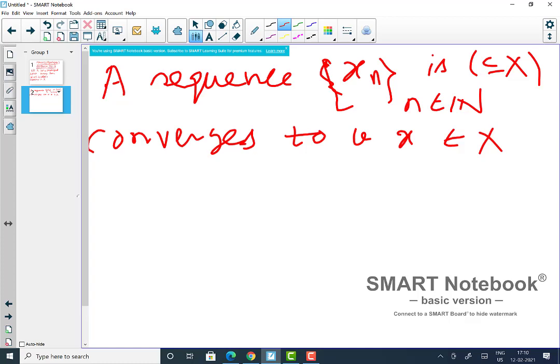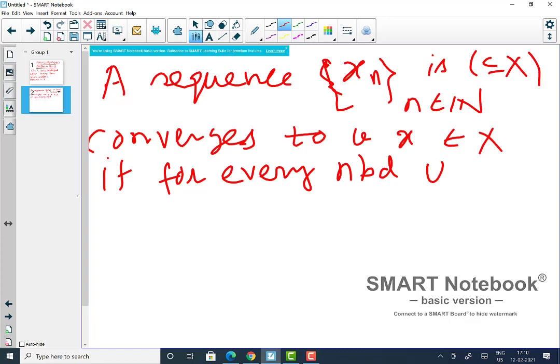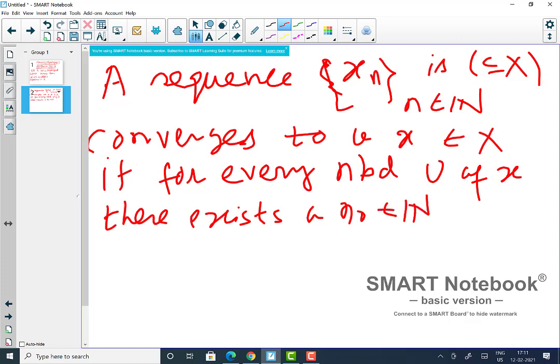If, for every neighborhood U of x, where by neighborhood I mean an open set of capital X containing small x, there exists a natural number n naught belonging to the natural numbers such that